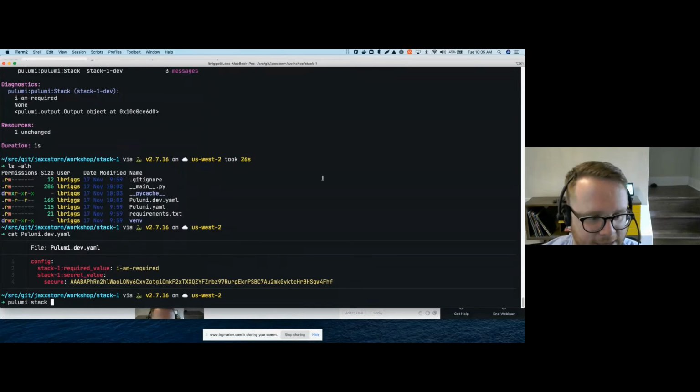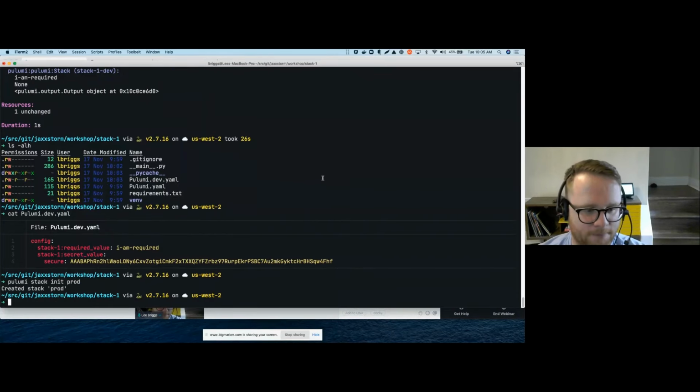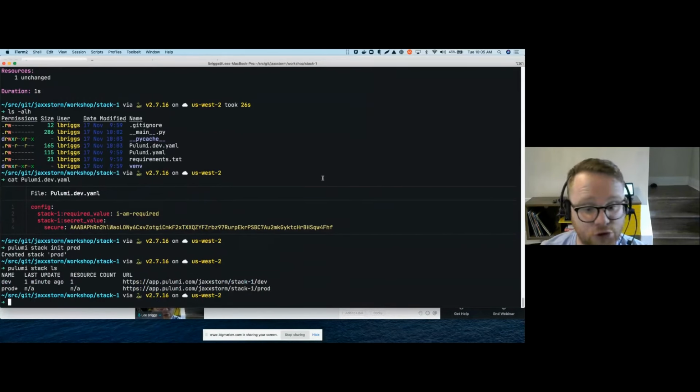Next up, let's create a new stack. In this example, in most examples, you probably want to have multiple stacks. So let's create a prod stack. And I can use the Pulumi stack init command to do that. And then I can use the Pulumi stack ls command, and it will show me all of the different stacks that are available. You can see here from our dev stack that we have a single resource that has been created,